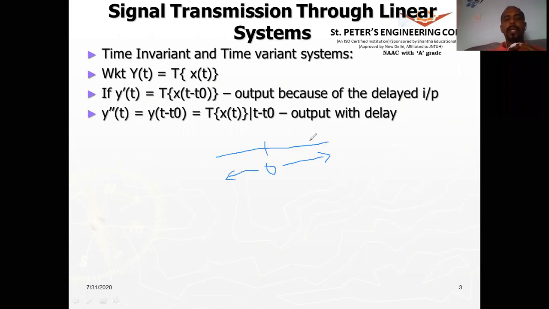If we shift this side, we call it time delay, that is t minus 1, t minus 2, t minus 3, etc. This is all time delay. T plus 1, t plus 2, t plus 3, they're all time advance. All right. So this will be the time advance and this side will be the time delay. Just to clear your understanding on this.